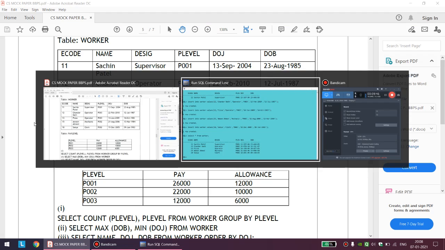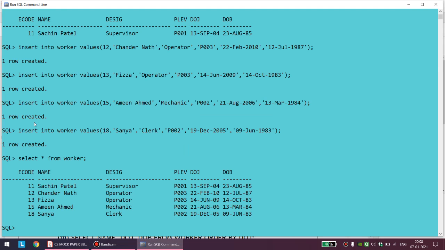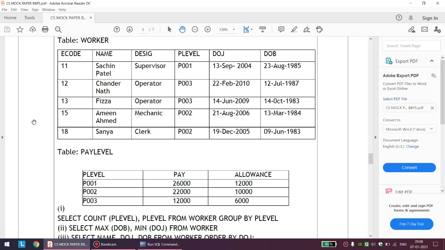Okay, even though, see, you can create the table directly also. There is no problem with that, because very frankly speaking, from the point of view of 12th standard, you may be at maximum asked to create a table only.